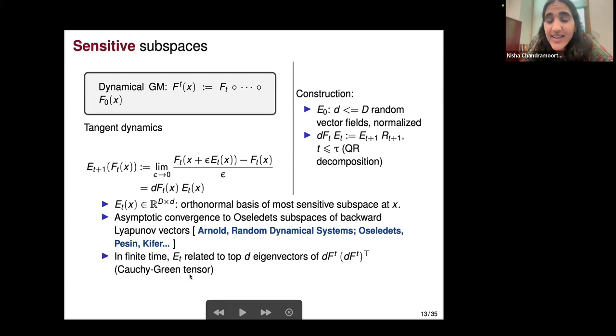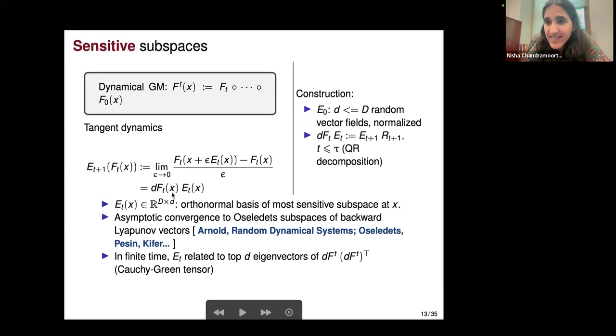Okay, and there is a history of using these sensitive subspaces in physics. In hydrodynamics, for instance, and lots of applications in geophysics as well, where they call this DF_t, notice this is a superscript, so this is a product of the Jacobian matrices times Jacobian matrix transpose. This matrix is called the Cauchy-Green tensor, and the eigenvectors are used to study deformations of fluid flow in hydrodynamics and especially in geophysical problems. Okay. So with the definition of this E_t,